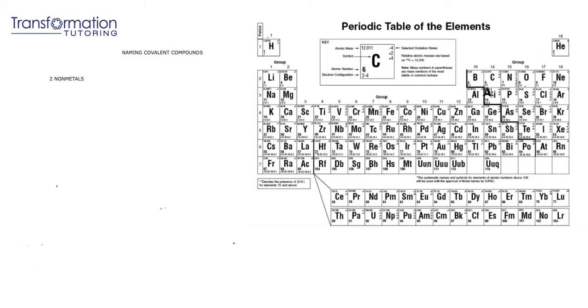Elements to the right of the staircase are nonmetals, and hydrogen is also nonmetal, even though it doesn't look like it's to the right of the staircase. So, for example, if we have a molecule such as NO2, we can notice that nitrogen is to the right of the staircase, it's here, and so is oxygen. Since we have two nonmetals, we know that this compound is covalent, and we will know to name it a